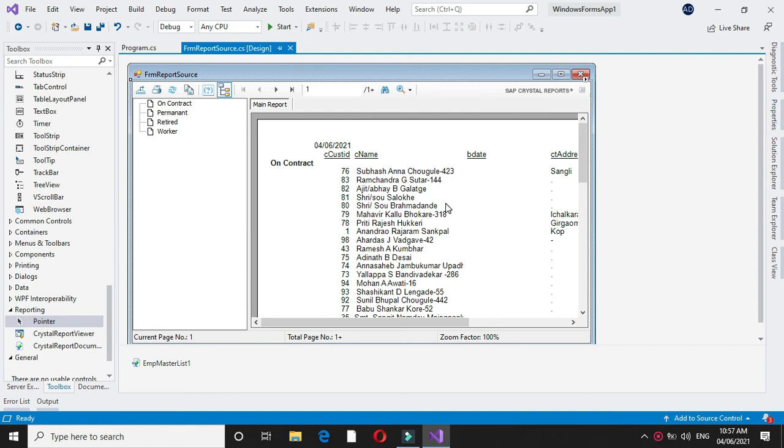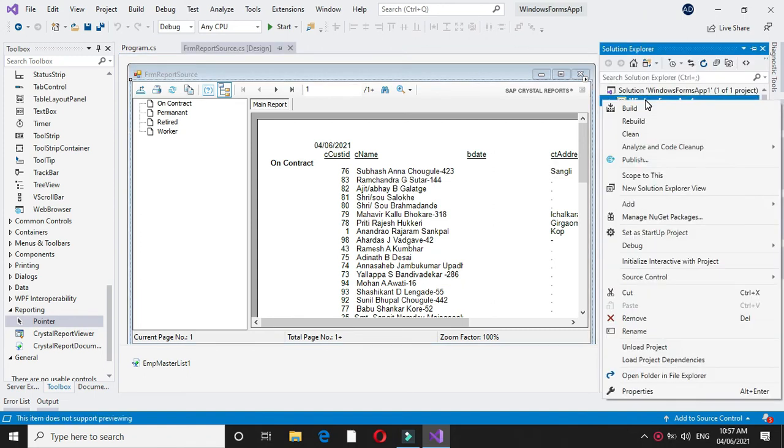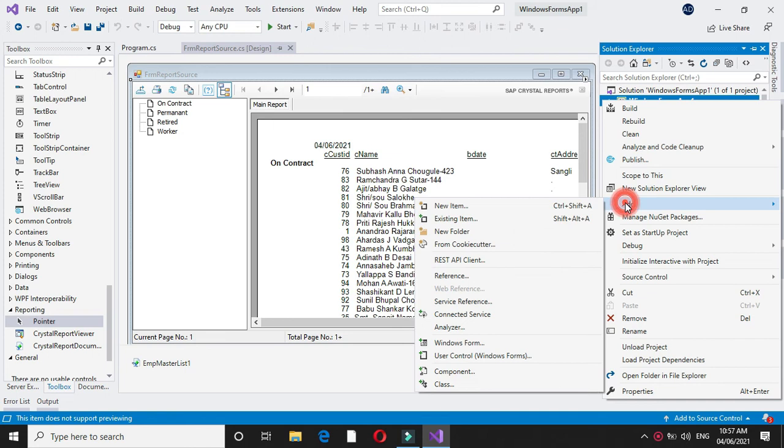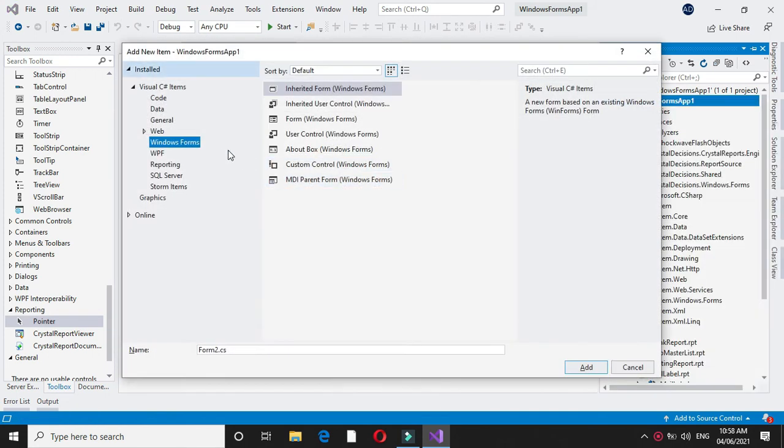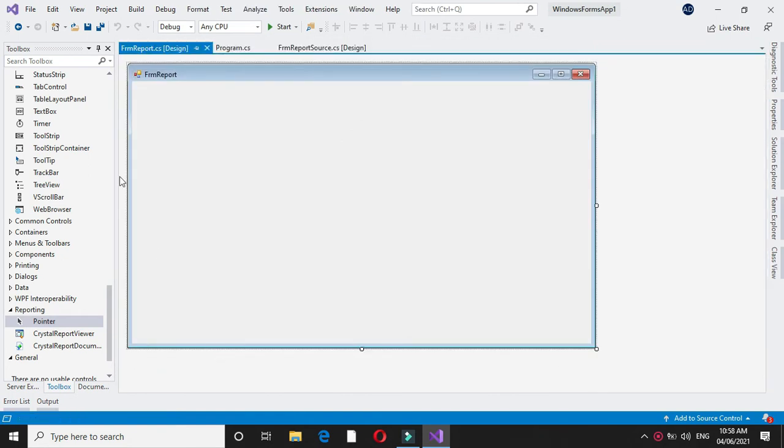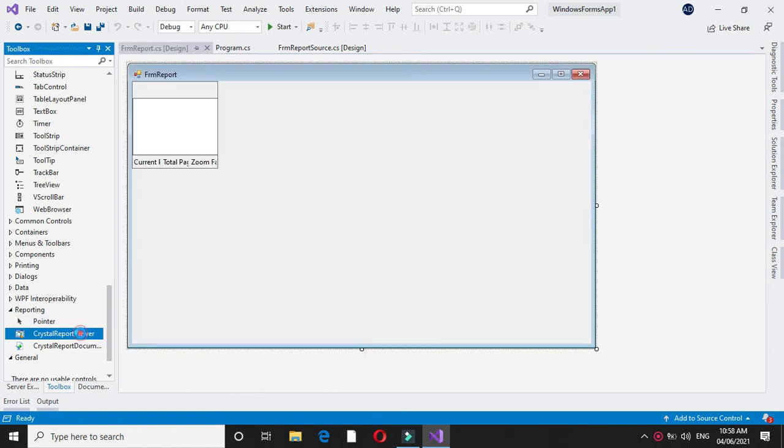To solve this problem, you can execute the crystal report programmatically, so that with one crystal report viewer you can execute multiple reports by specifying the conditions. For this, I will add a new form. I will add a crystal report viewer control,